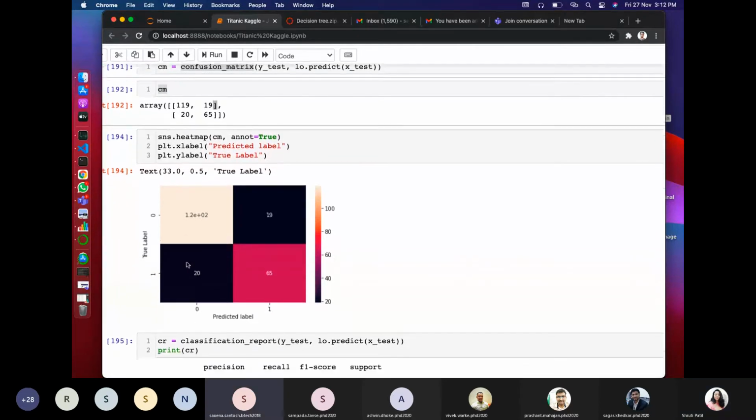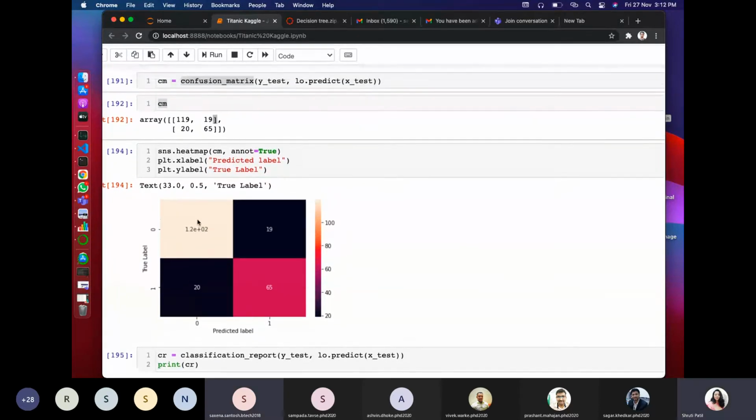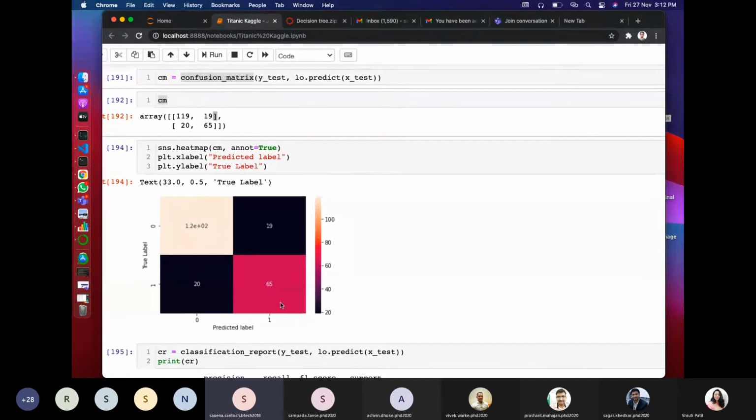True positive means the passenger has survived and the model has classified it correctly. True negative means the model has classified it correctly and the person is dead.